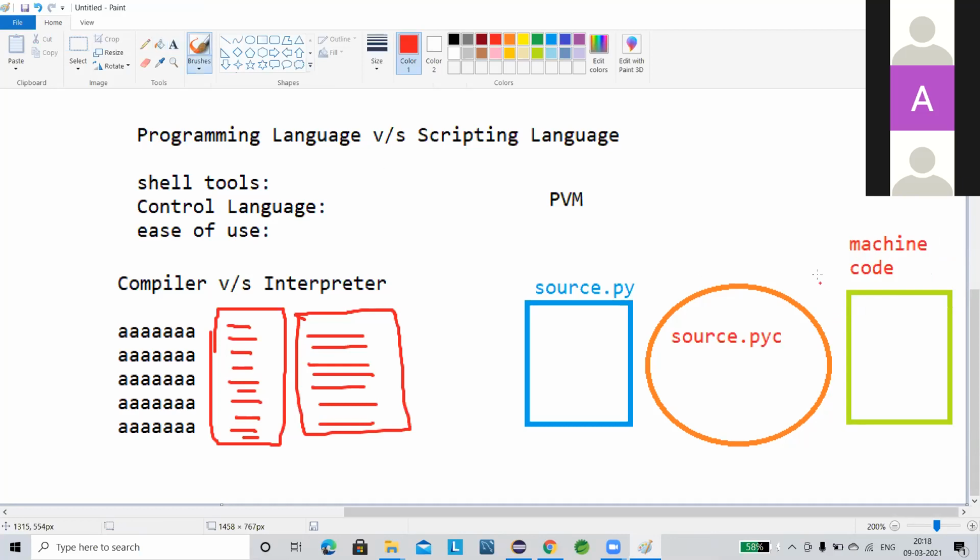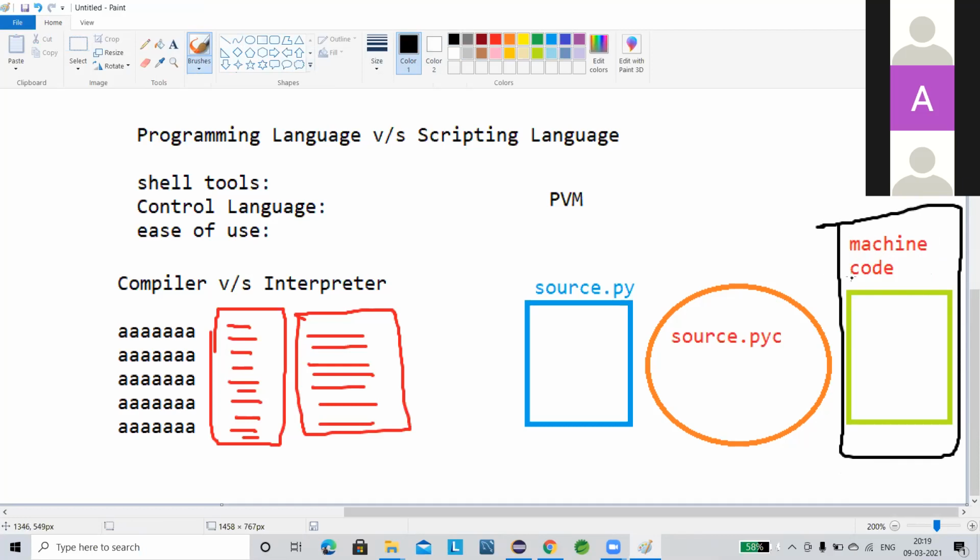Now, if I have this installed in any OS, every OS has a different interpreter installed in its system, and that interpreter is used to convert this source.pyc file to machine readable code.